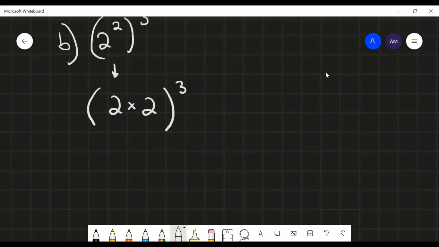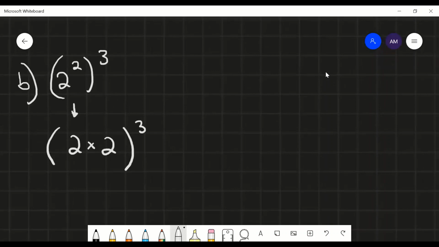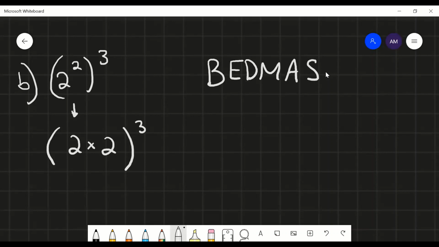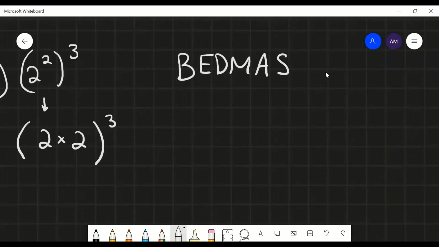How do we think of this? Well, we have to introduce something here called BEDMAS. I will be mentioning this more in the future, but BEDMAS stands for bracket, exponent,